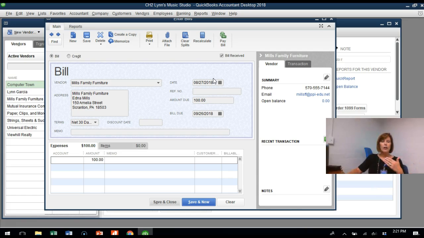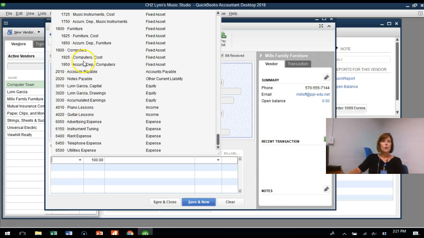We will not even allow this transaction to be entered, because all it's going to do is throw your accounting system off, and you're going to have to go back through and figure out at some point later why you're out of balance. So we're just not going to let you go there. We're going to force you to choose